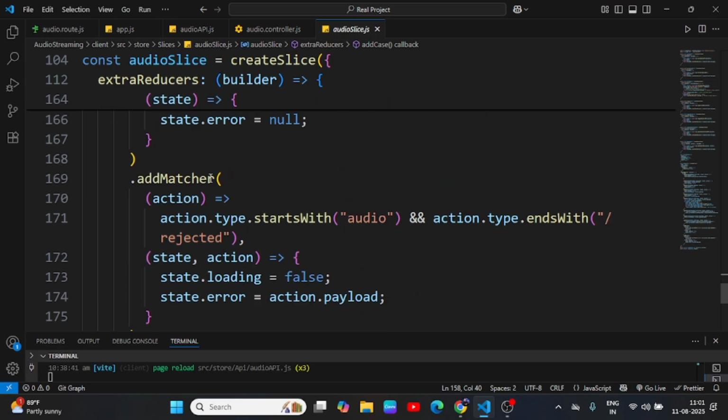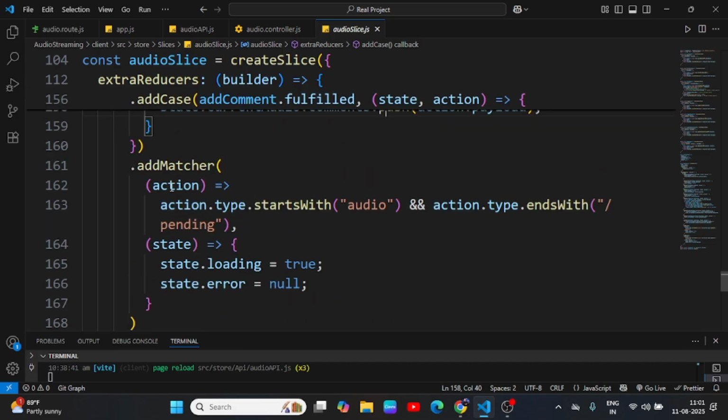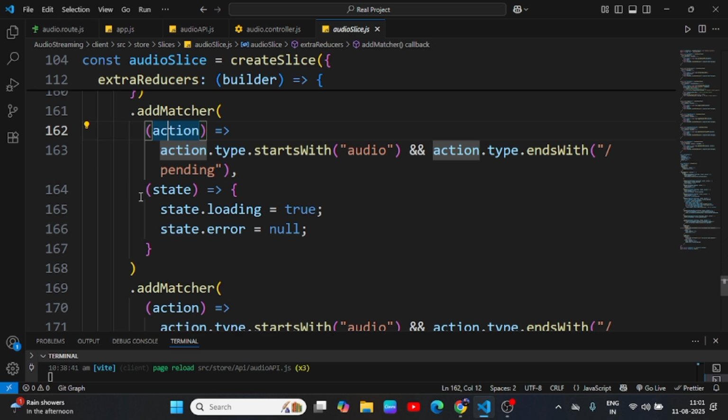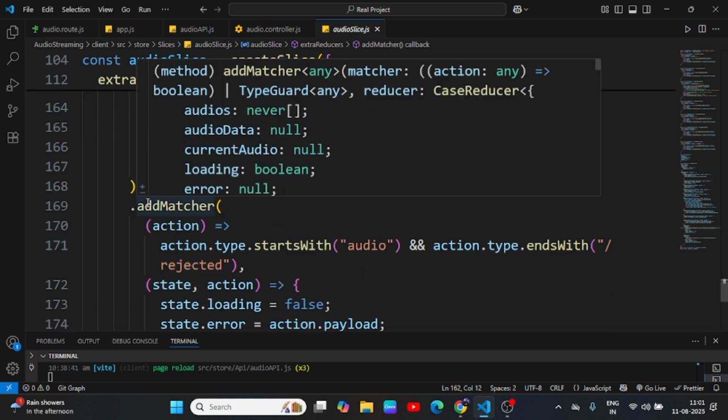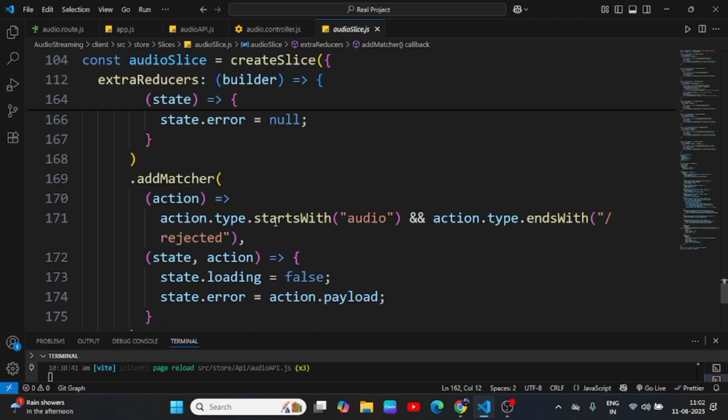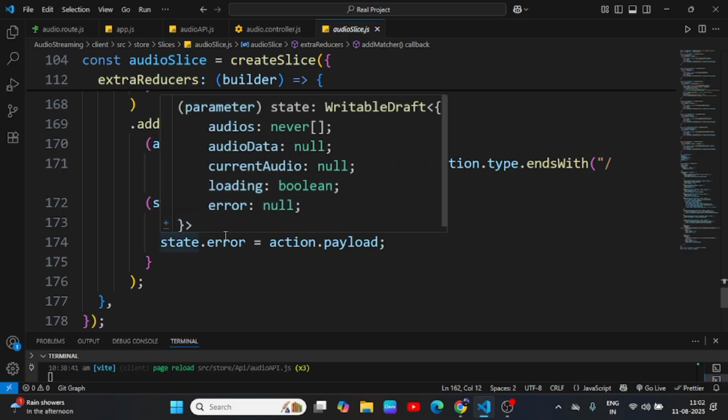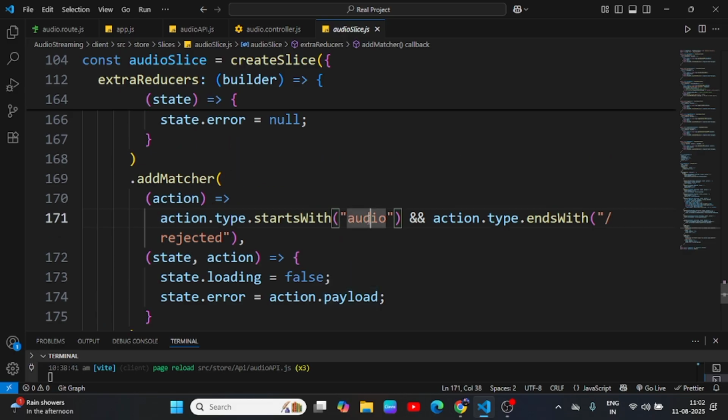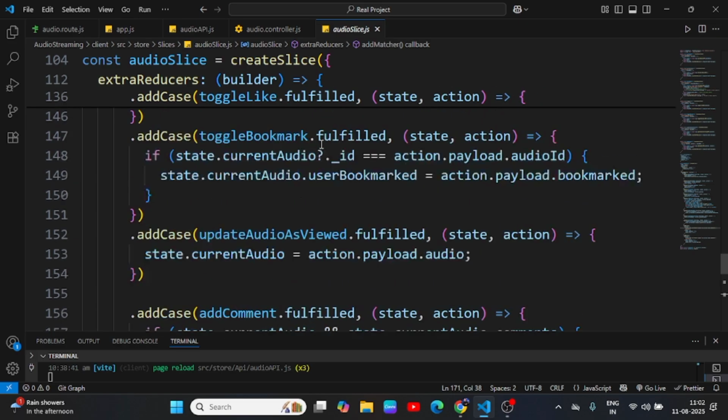So yeah, we are handling it here. How? This is the builder method. Add matcher action, and then action.type starts with audio and action type ends with pending. Run this code. State loading true, state error null. Add matcher, action type starts with audio and action type ends with rejected. Run this: state loading false, state error. So this audio means I'm talking about